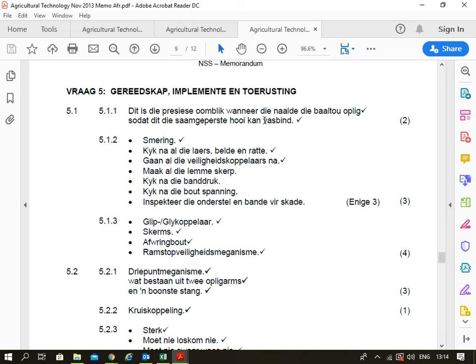Dit is die presiese oomblik wanneer die naalde die baaltou oplig sodat die saamgeperste hooi kan vasgebind word. So timing is basically when the needle threads the baling rope through the bale at the exact time to tie